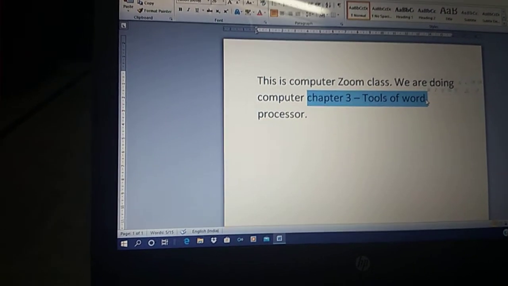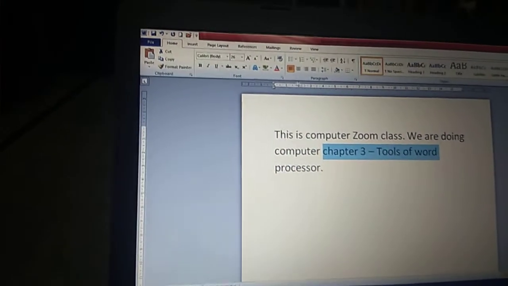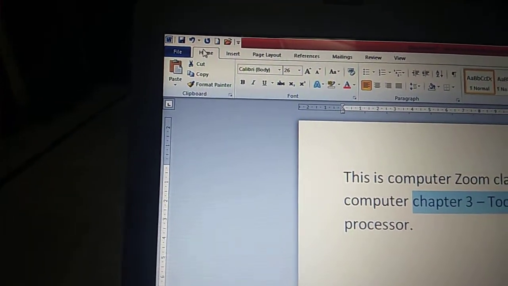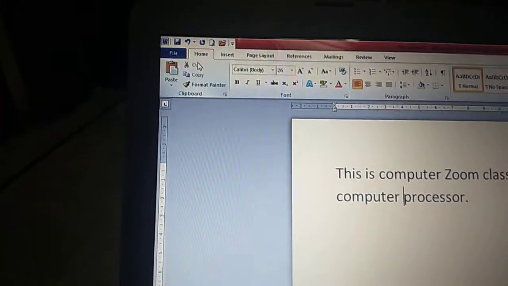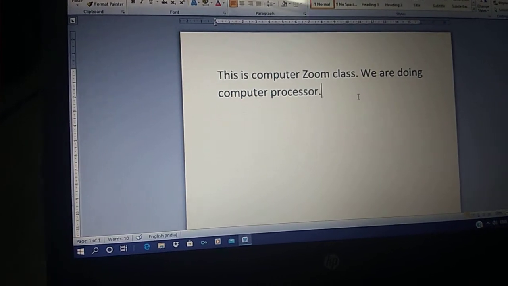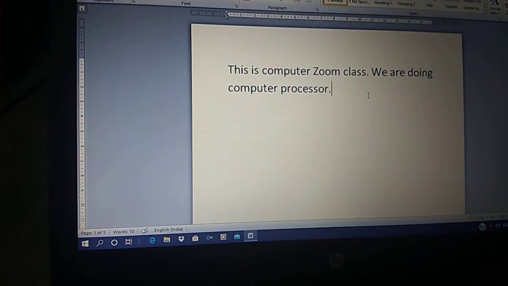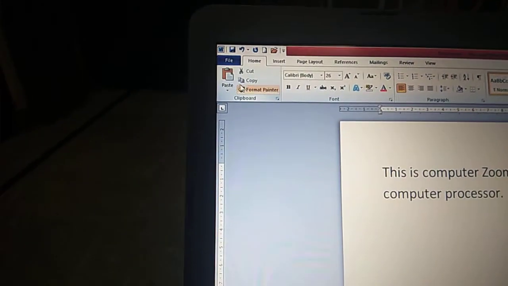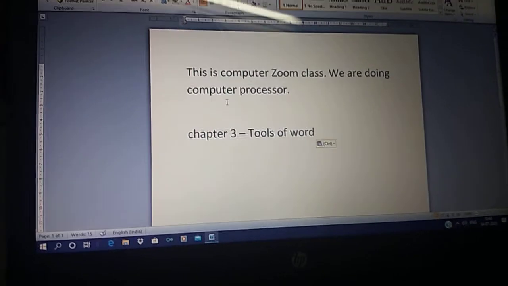I have selected this part. Now to move it, I'll use the cut option from the clipboard group and the home tab. Cut option. Then place my cursor at my desired position. Desired means where I want to place it. Then again use the paste option from it. It is typed over here.